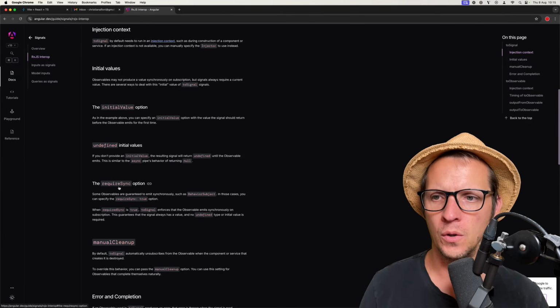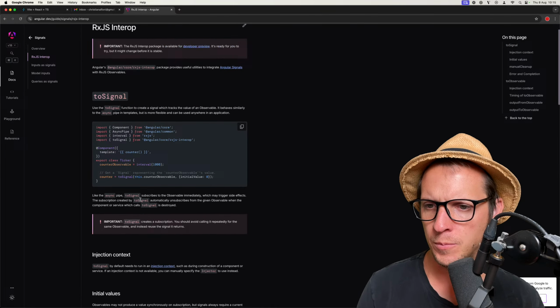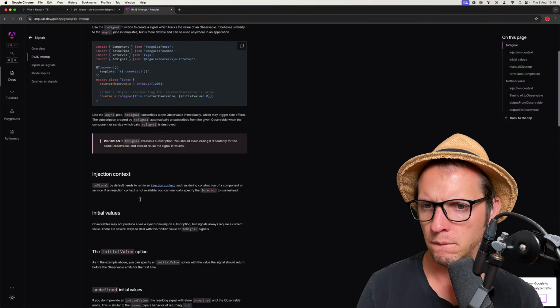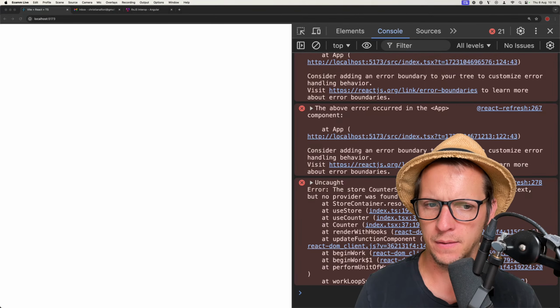Oh yeah, no, this is what RxJS observables are, and I think they can quite easily be